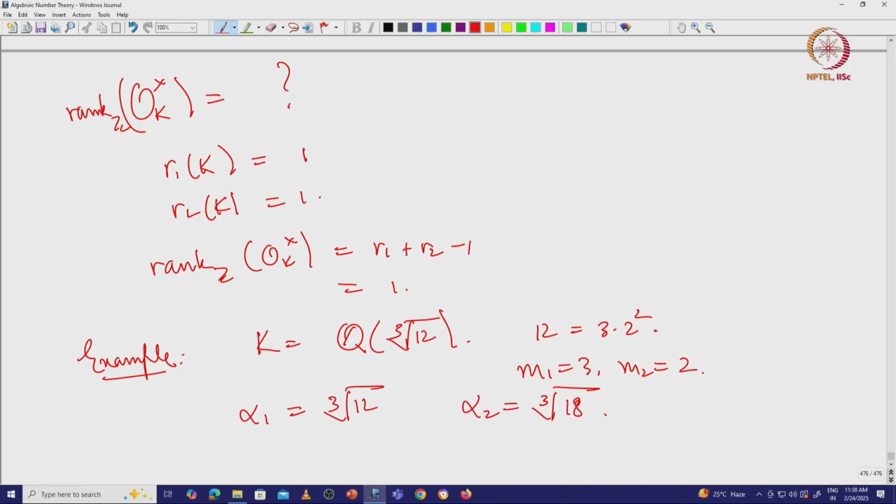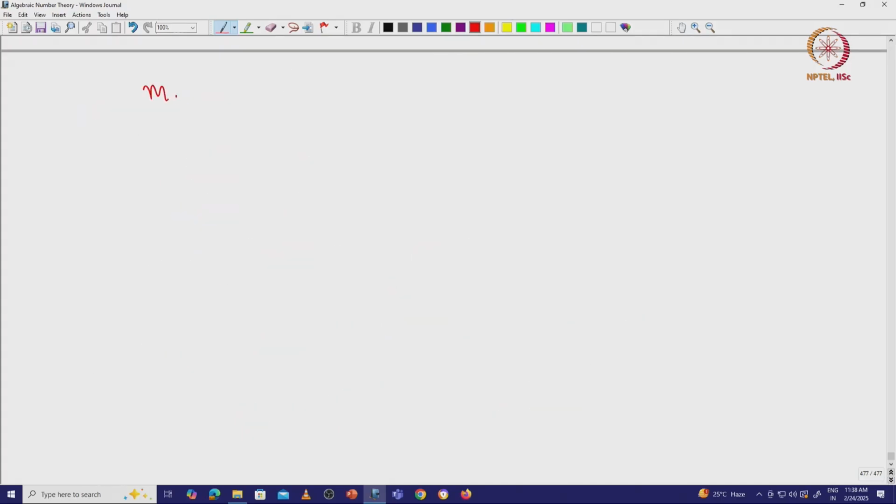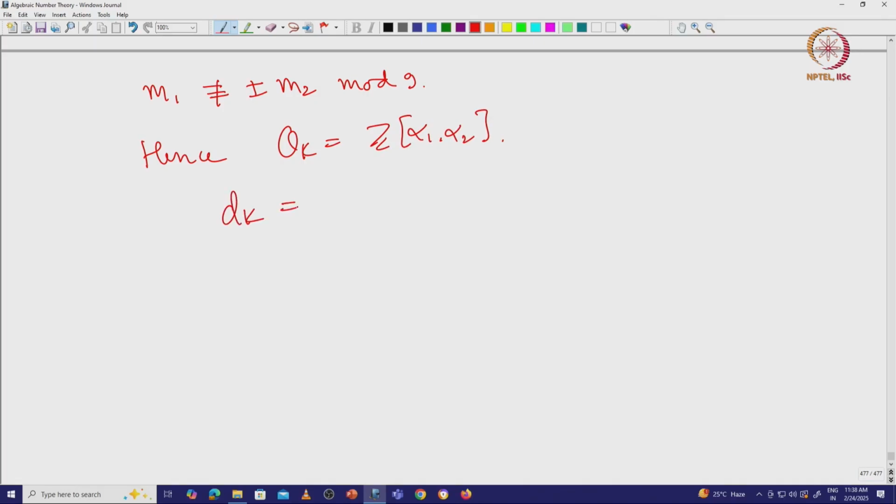So, you see that m1 is not congruent to plus or minus m2 mod 9. Hence, the ring of integers of this is Z alpha 1 alpha 2, right,